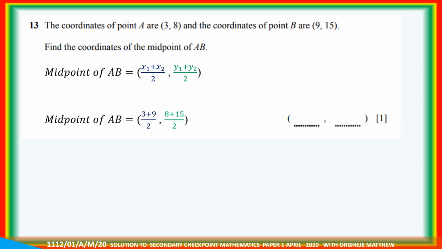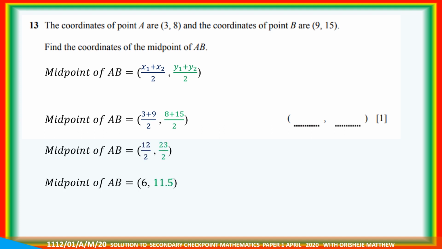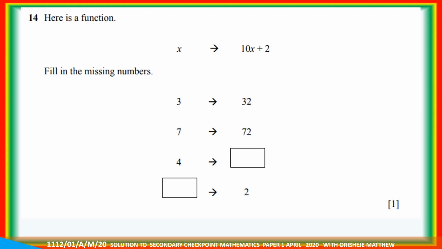So let's use it. We have 3 plus 9, that will give me 12. Then 12 divided by 2 will give me 6. That is the midpoint for the x-axis. Then for the y-axis we have 8 plus 15. That will give me 23. So half of 23 will give me 11.5. So the coordinates you have there. So question